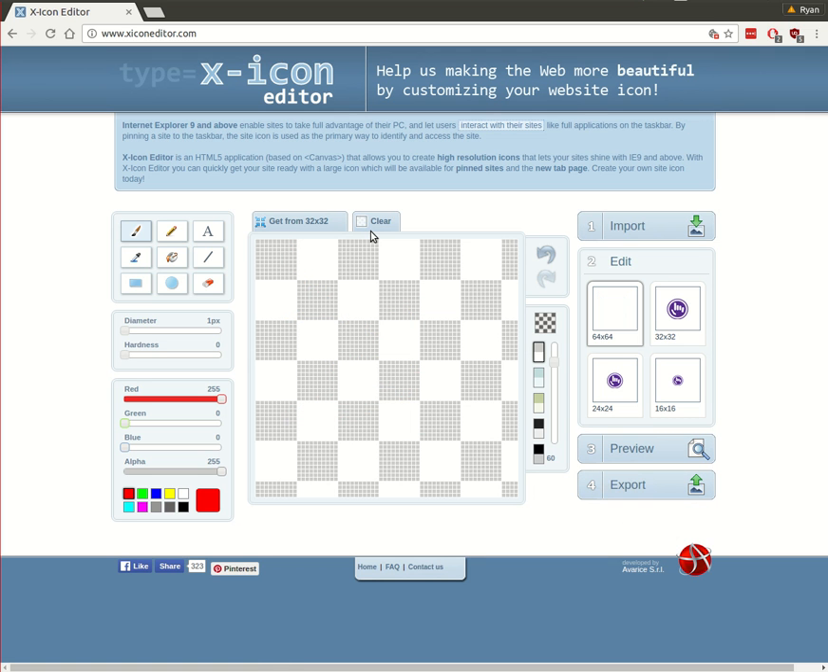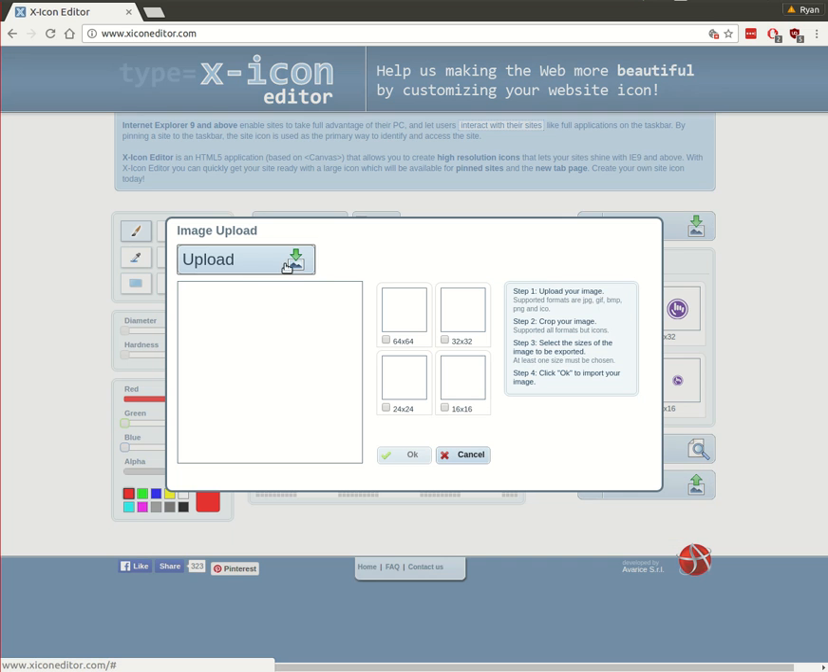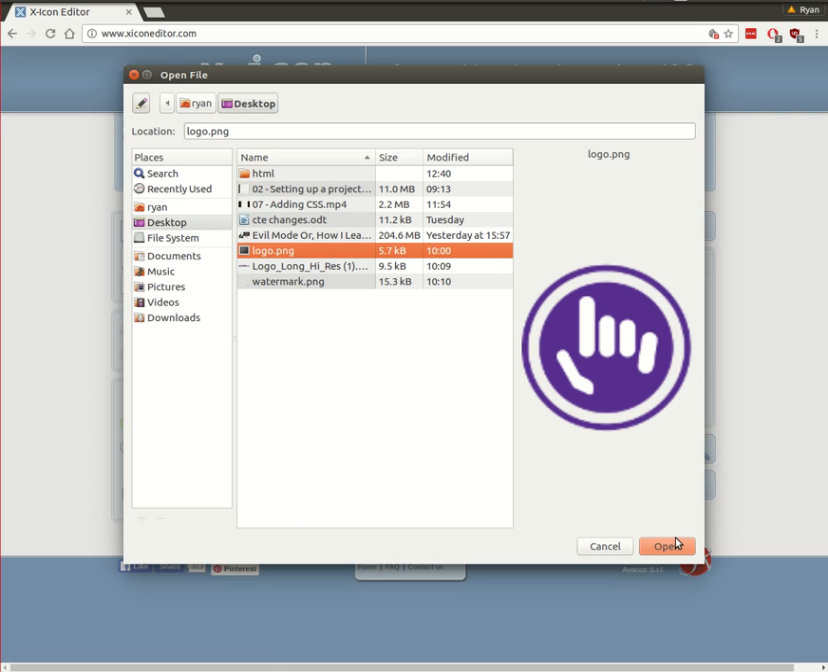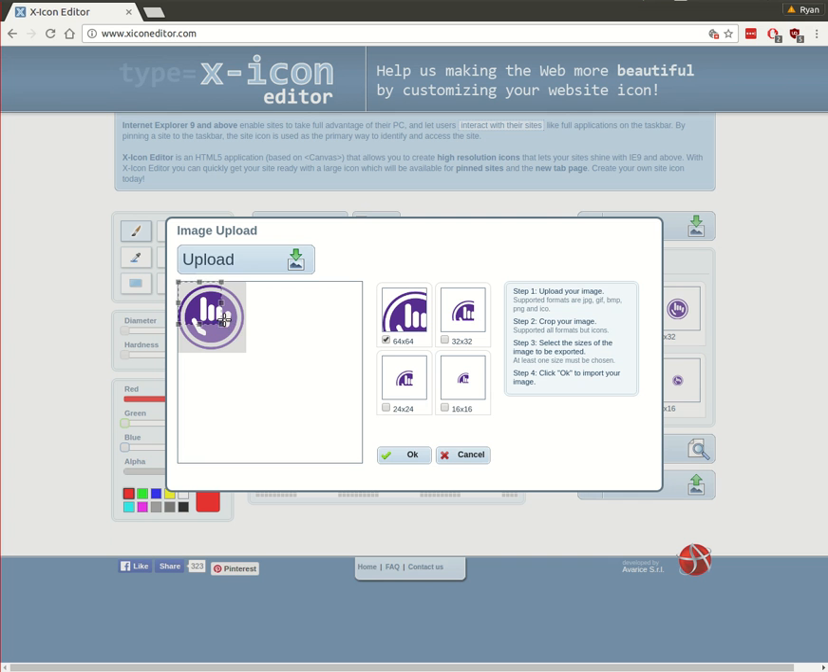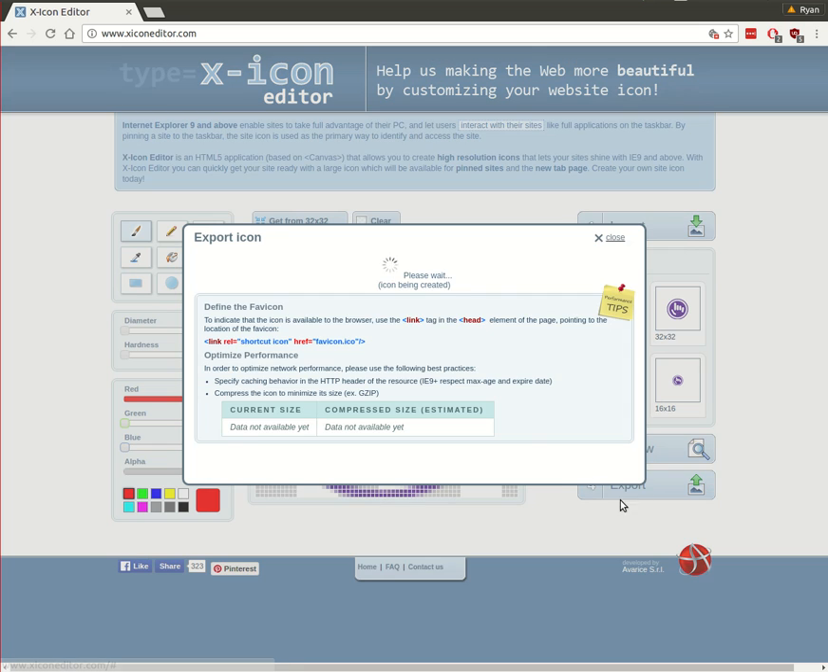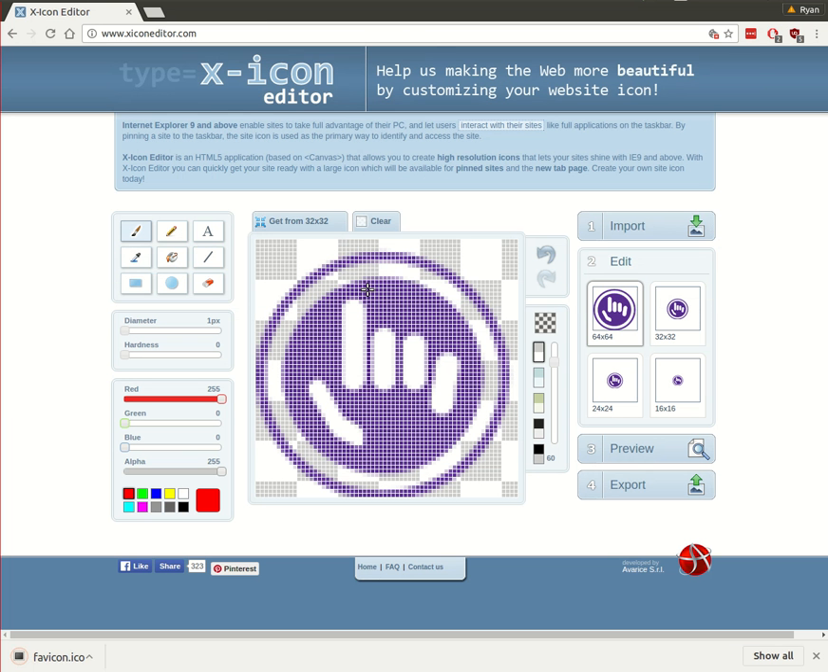Alternatively, if you just clear it out, you can actually import an existing logo or something like that from your machine, and that will pull it straight in. You just select the area that you want, and there we go, it's now loaded my company logo into the editor. Then just export it and click on export your icon, and it will actually download the icon,